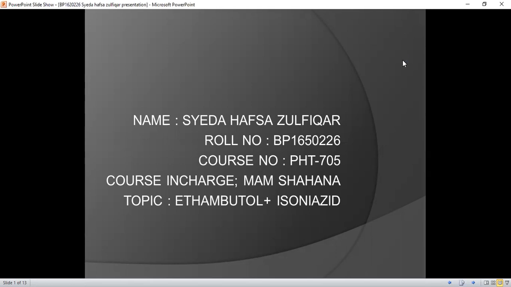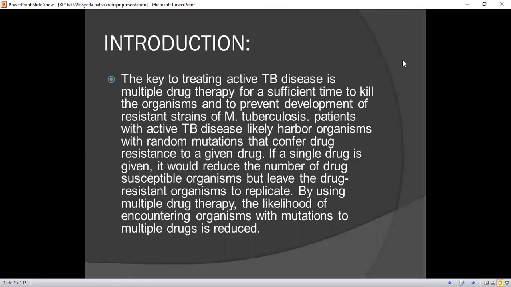Now the introduction. The key to treating active tuberculosis disease is multiple drug therapy for sufficient time to kill the organisms, as well as to prevent the development of the resistant strains of the Mycobacterium tuberculosis. Patients with active TB diseases likely harbor organisms with random mutations that confer drug resistance to a given drug. If a single drug is given, it would reduce the number of drug susceptible organisms, but leave the drug resistant organisms to replicate. By using multiple drug therapy, the likelihood of encountering organisms with mutations to multiple drugs is actually